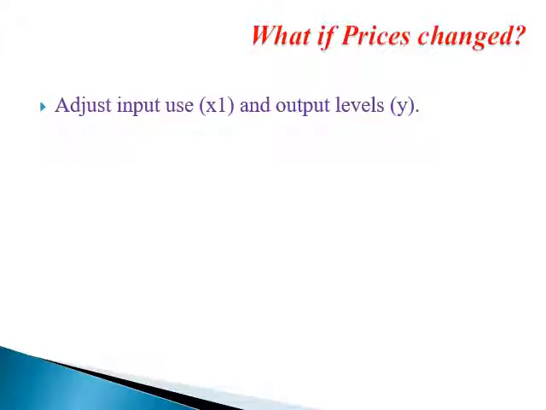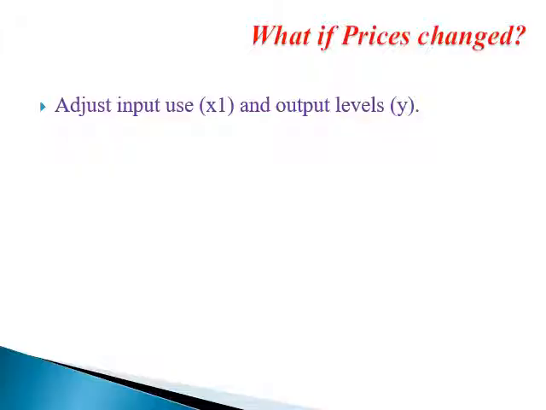Now, remember we said that all our analysis is in the short run, which means that the unit price of X1, which is P of X1, is assumed to be constant in the short run, and the unit price of output is assumed to be constant in the short run. The question is, remember I told you that in stage 2, how much you should use of X1 to maximize your net returns or net revenues depends on the unit price of the variable input and the unit price of output.